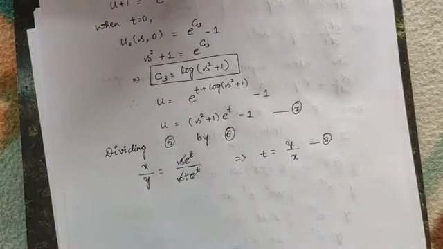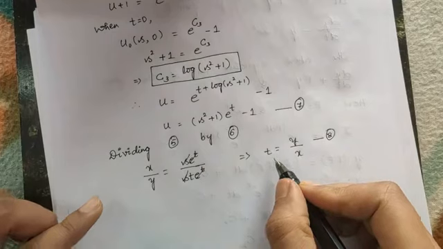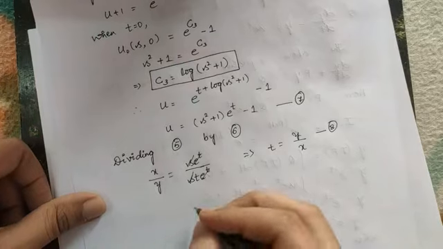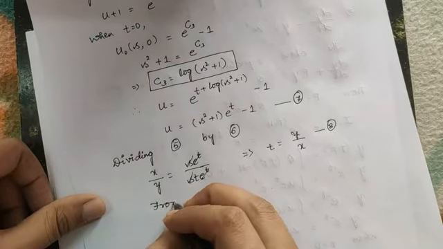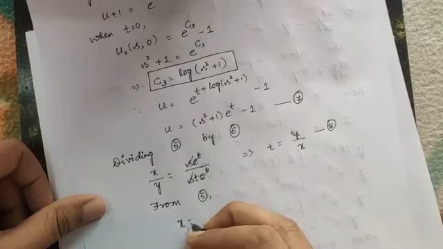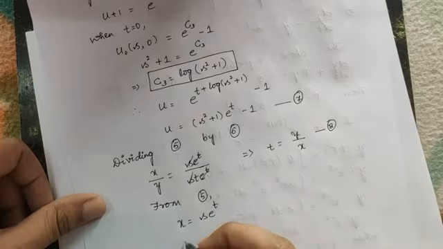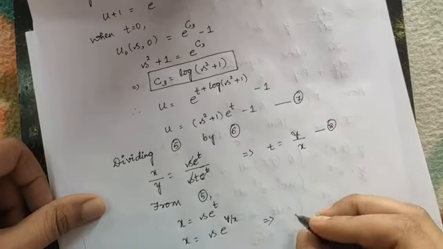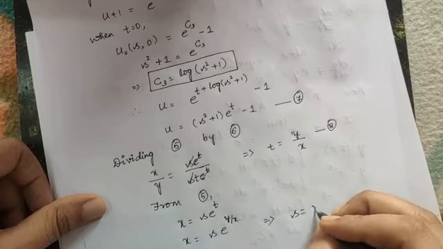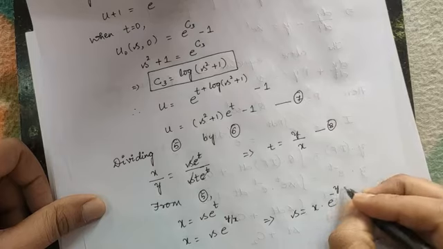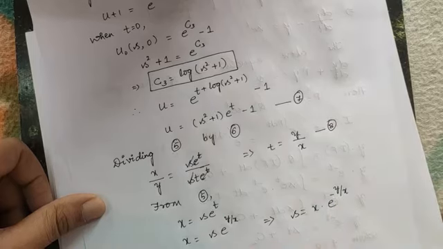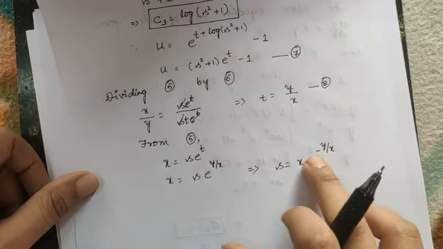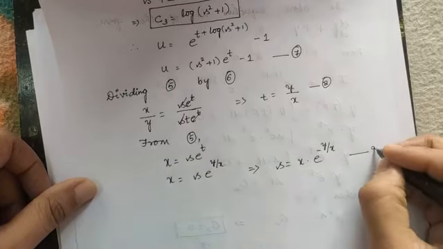So now I have to find out the value of s. If you substitute the value of t in your equation number 5 or equation number 6, you will get it in terms of s, right? So from equation 5, x is equal to s into e power t. So x is equal to s into e power y by x. This implies s is equal to x into e power minus y by x. This term comes to the denominator. So if you shift that term to your numerator, you will get a negative sign. Call this equation number 9.